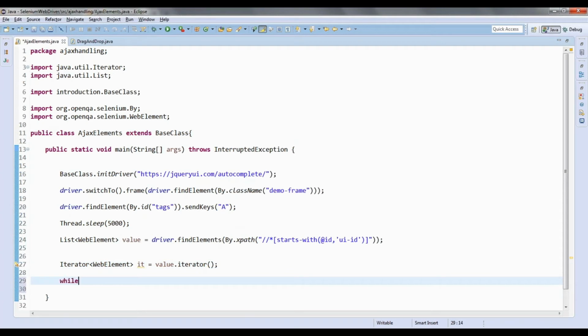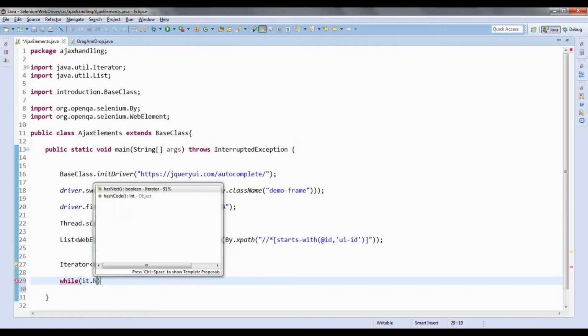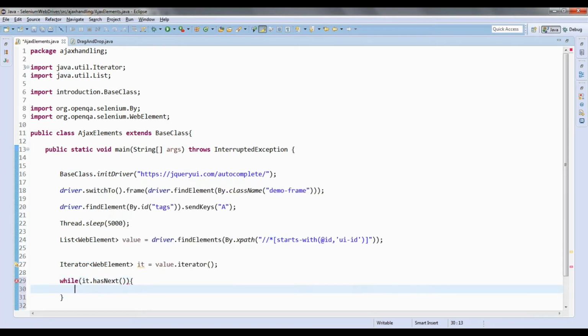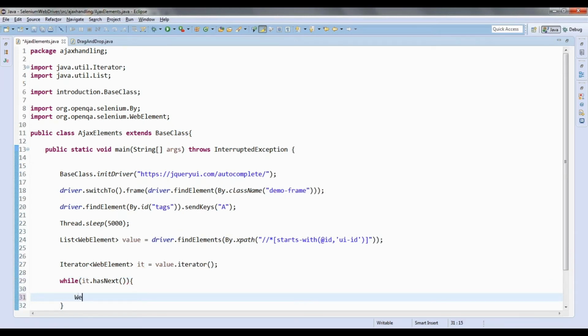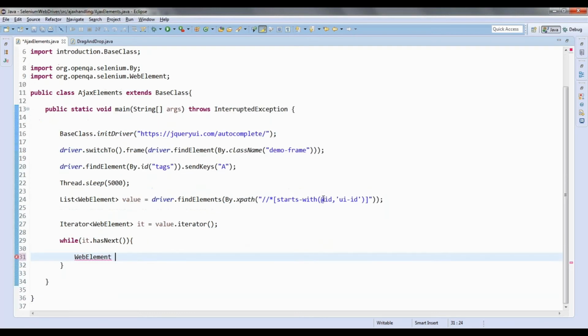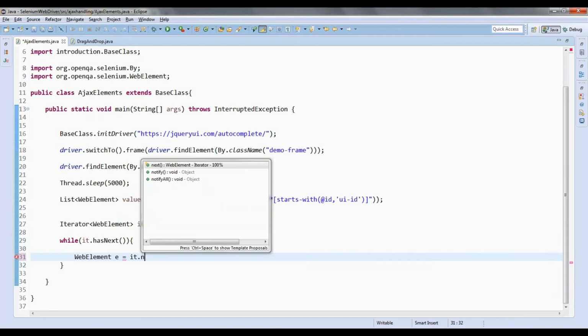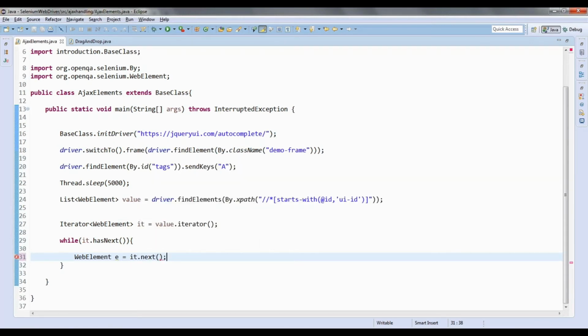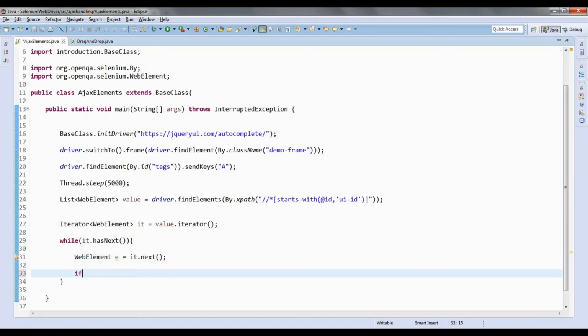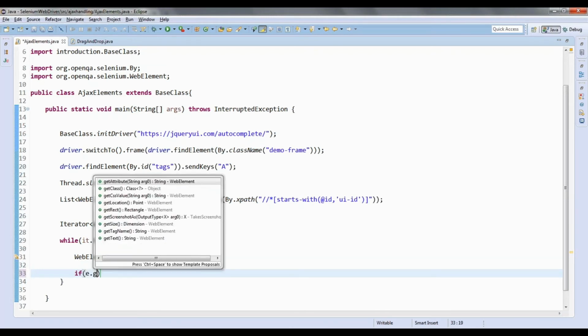While it dot has next, web element e is equal to it dot next, which will take me to the next element, and then if e dot get text